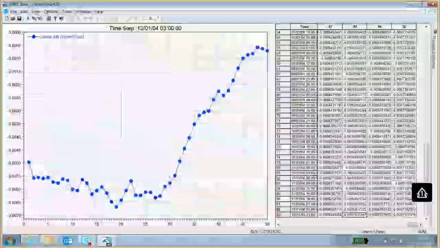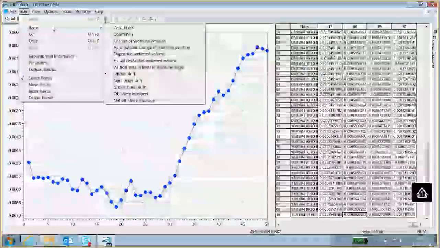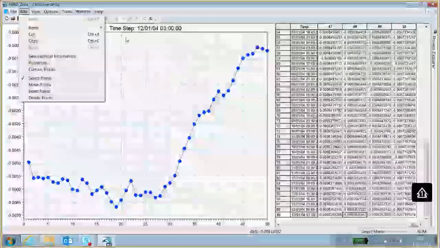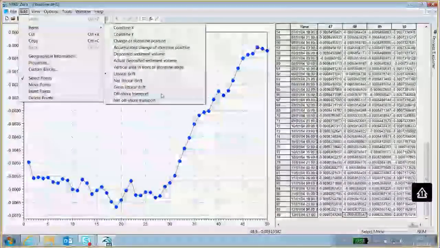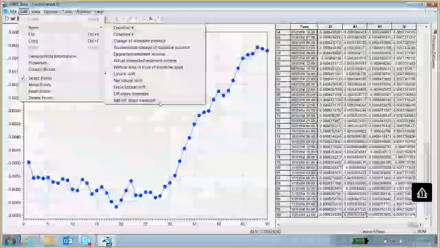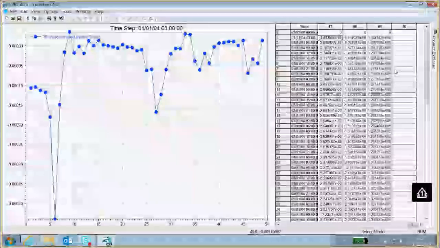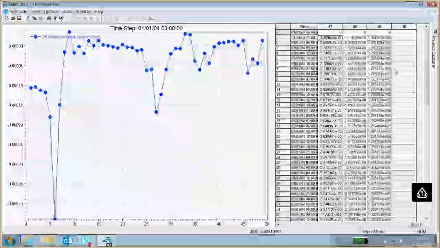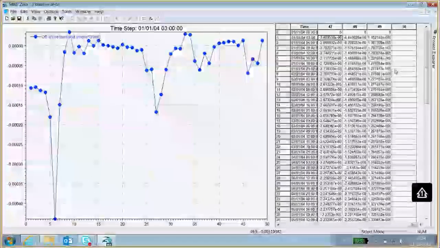If we move on, the next item that we will look at is the offshore transport, which I think is an interesting one, or net offshore transport. The offshore transport shows the transport across the offshore boundary that is at the depth of closure.